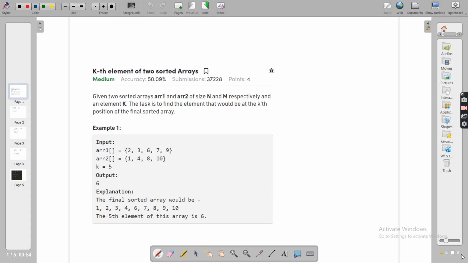Hi everyone. Here we'll be solving yet another problem on binary search. This is the kth element of two sorted arrays. Although this problem has been solved by many on YouTube, and there are a lot of solutions available on GFG or LeetCode, whenever I try to solve using those ideas, I would forget them in one or two months easily.